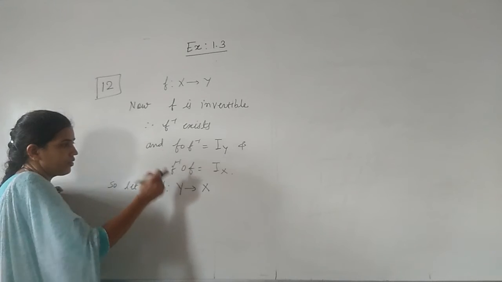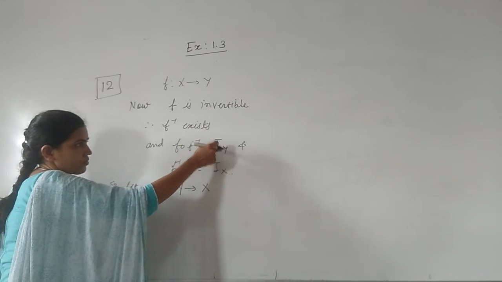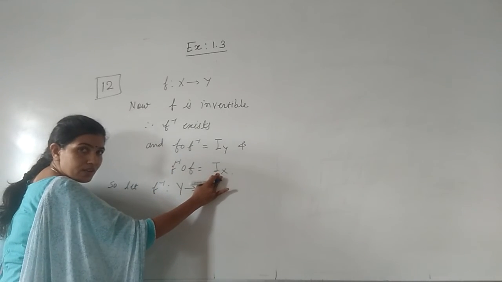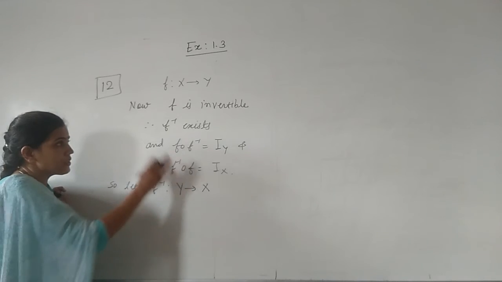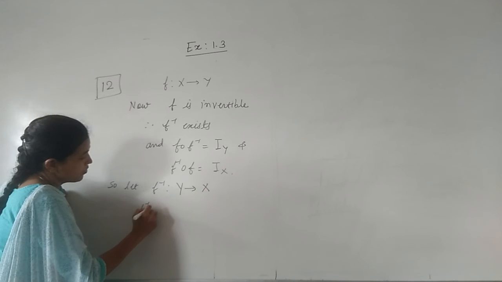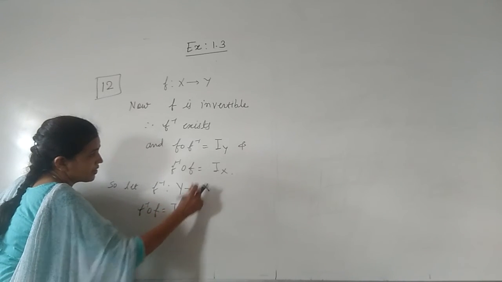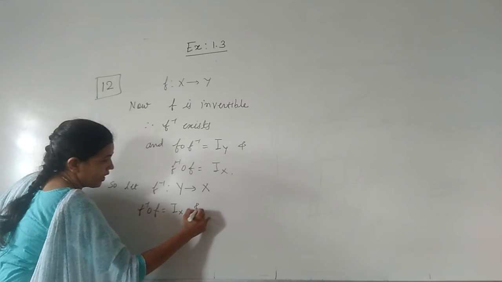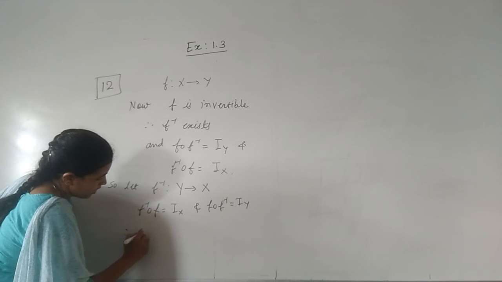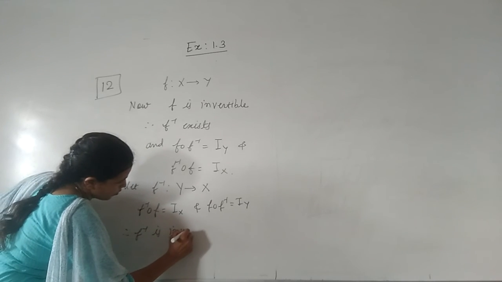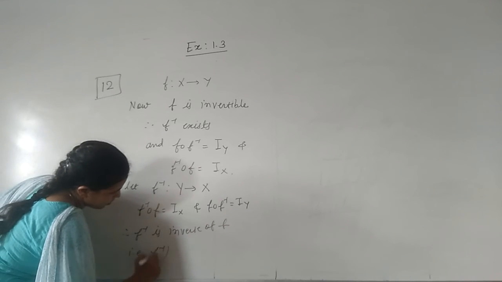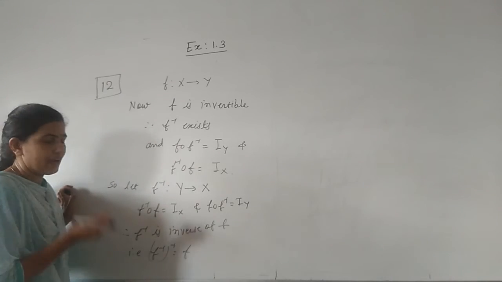Okay, so now as we know the definition, here I just write this in the reverse way. What we have written? F composition F inverse is equal to identity on Y, and F inverse composition F is equal to identity on X. यहाँ पे हम क्या लिखेंगे? बस यही लिखना है, similar way in the reverse way. तो reverse means F inverse composition F will be identity on X, ये हम पहले लिखते हैं, and F composition F inverse is identity on Y. Therefore, F is the inverse of F inverse, that is, F inverse of inverse is equal to F.